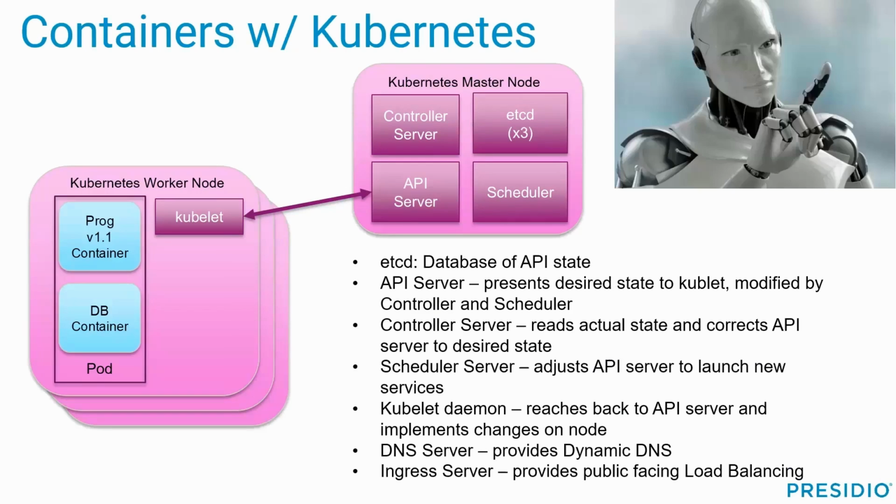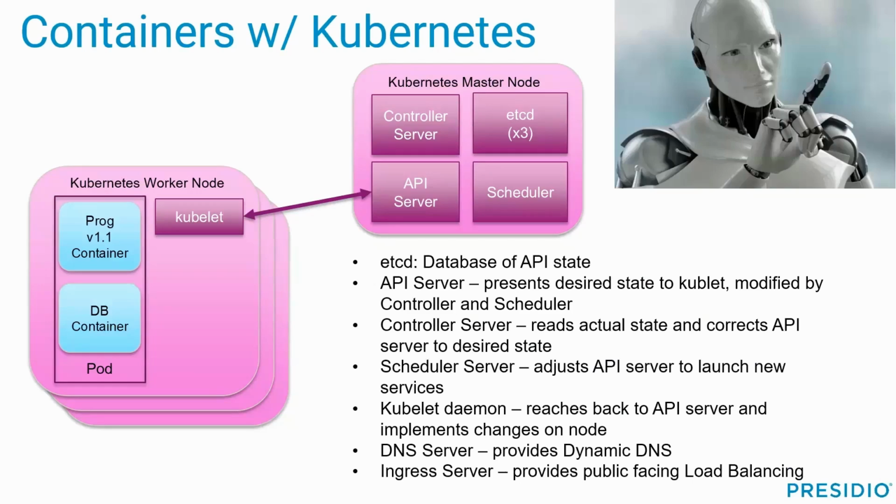So it actually calls the scheduler. Now the schedulers will go out and look at each of the kubelets and say, hey, what's your CPU utilization, what's your storage, what's your memory, and keep all of that scheduled. So then the schedulers say, hey, put it on worker node 1 or worker node 2, whatever. So then the controller server says, okay,